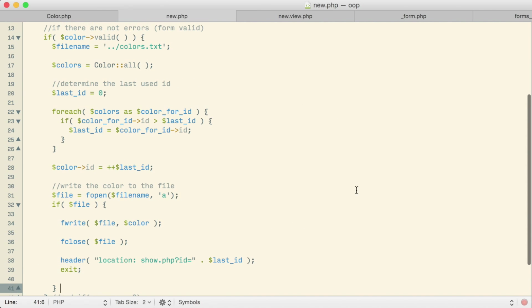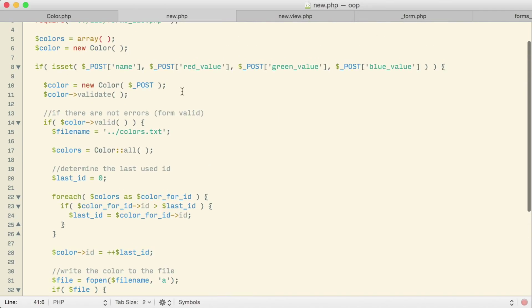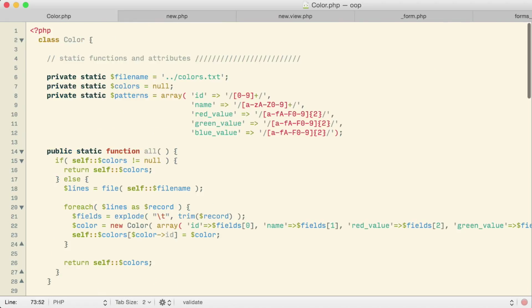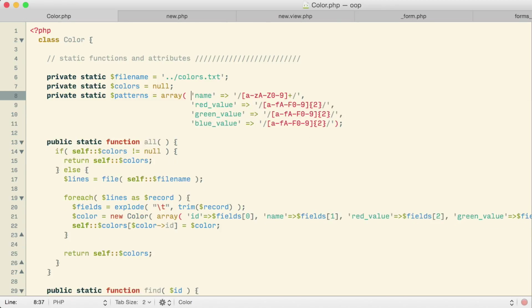Well, the value of color, the value in our colors object that we're trying to validate, looks like it came here from the post array. The post array wouldn't have had an ID, so we probably would have ended up with something just blank, no actual ID being put in. When we then try to call validate right there, sure enough, that wouldn't work, would it? Do we want there to be an ID? Is it actually important that we validate the ID? Maybe not as important as I was thinking it is. Let's just wipe that out. Let's just say we're going to validate name, red value, green value, and blue value and see how that goes.